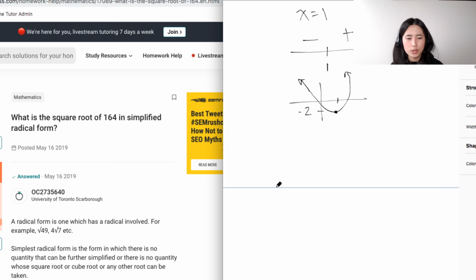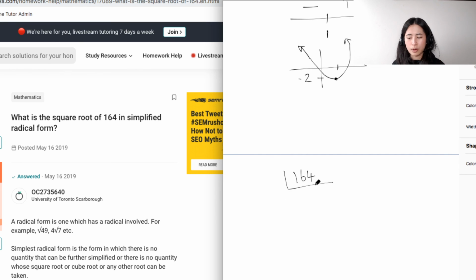Okay, so it says, what is the square root of 164 in simplified radical form? Okay, so anytime you're trying to find the square root of something, if you remember what I said from previous classes, you have 164, you take what you call your least common multiple, right? So when you have your least common multiple, what that means is you're going to think of prime numbers, right? I know prime numbers come back way from middle school, but we need to pick the numbers that typically only has a factor of itself or one, so that's prime numbers,